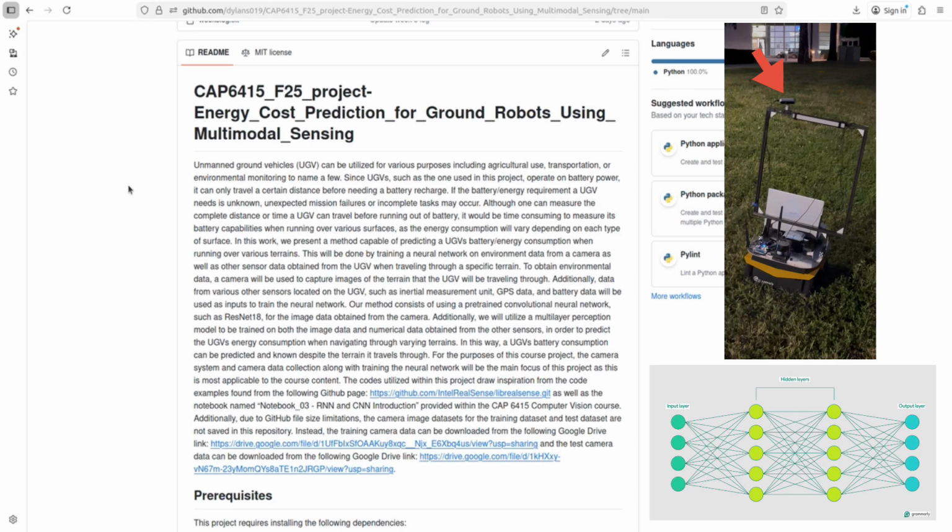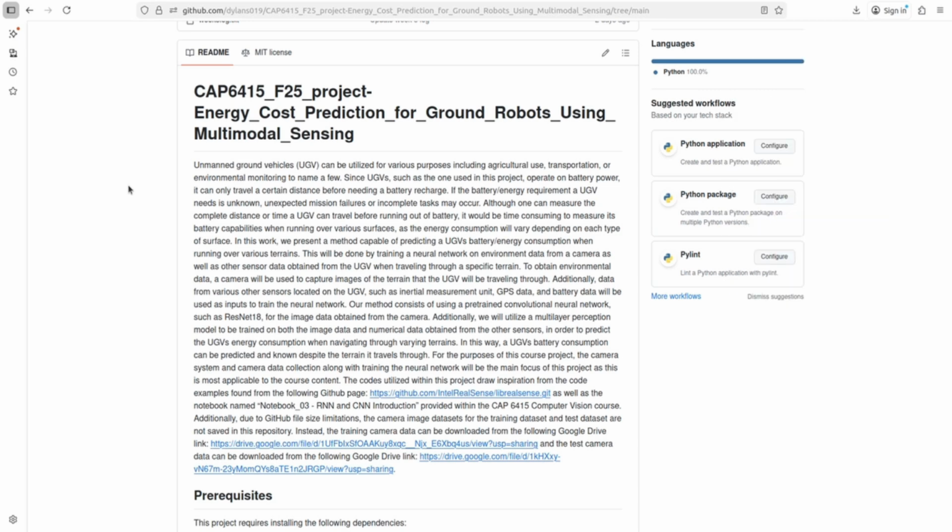within this course. The neural network models used in this project are the ResNet 18 pre-trained model, which is a convolutional neural network model, which is mainly used to extract numerical features from the captured camera images. Additionally, a multi-layer perceptron model is trained on the numerical image features and on the numerical data obtained from the other sensors located on the UGV. With the trained model, we aim to predict the energy cost measured in joules per meter of the UGV when